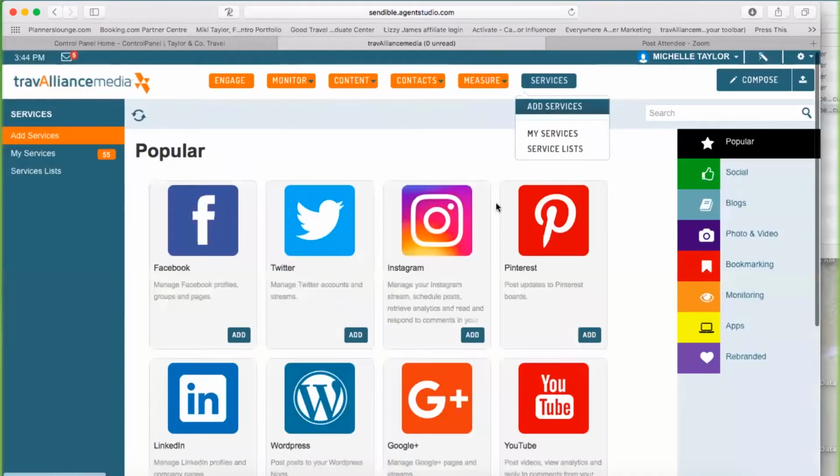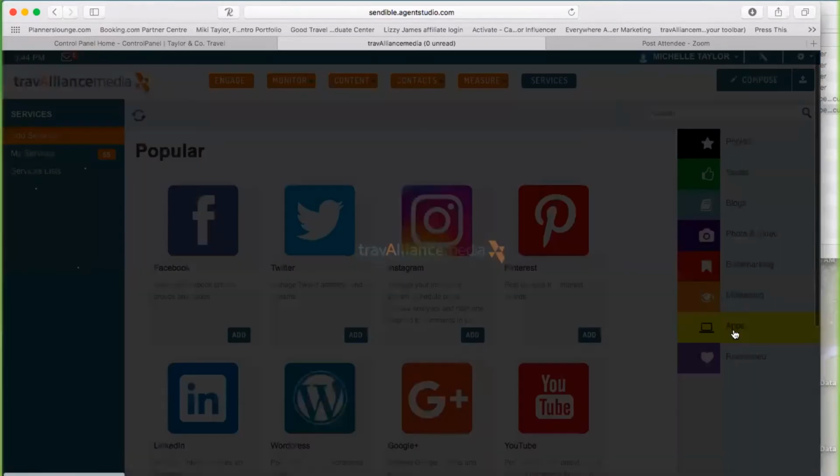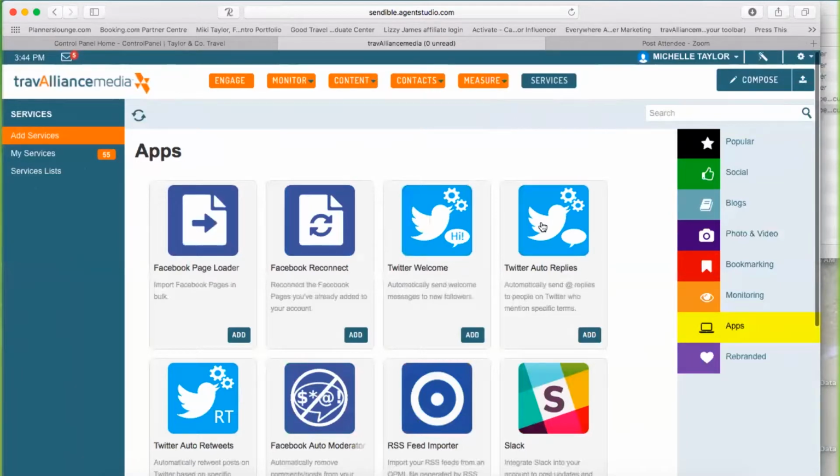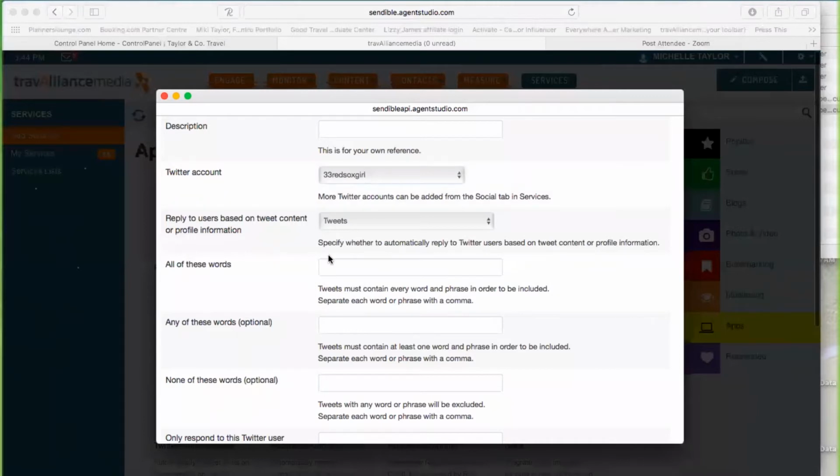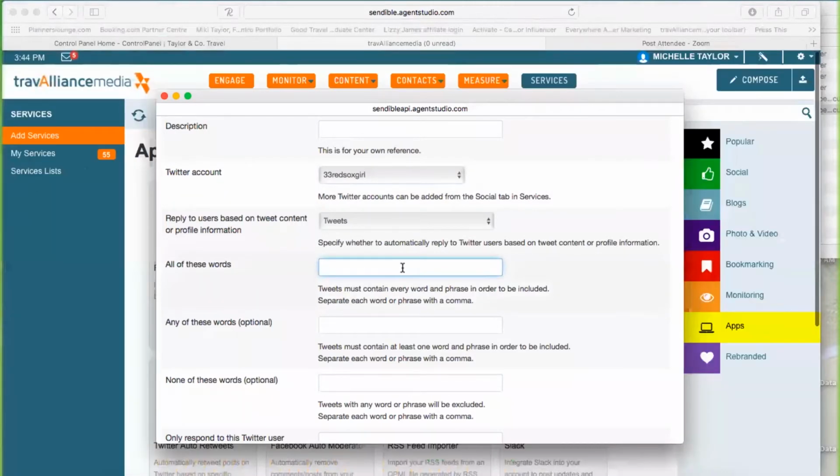Let me go back, and I want to show you auto replies. Okay, so you can automatically, if somebody tweets you, or